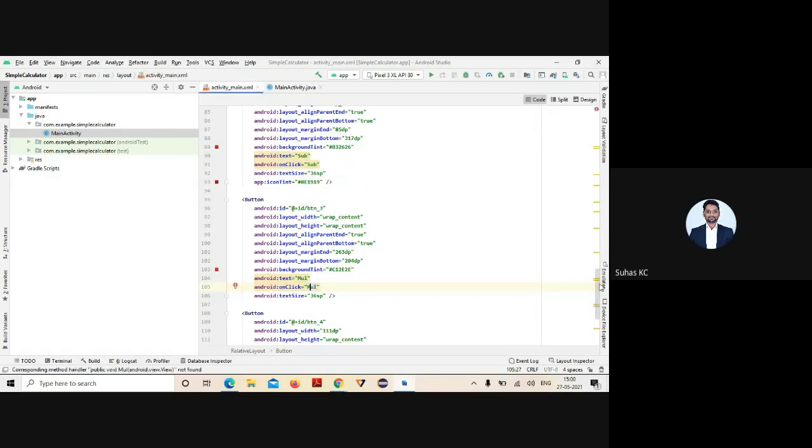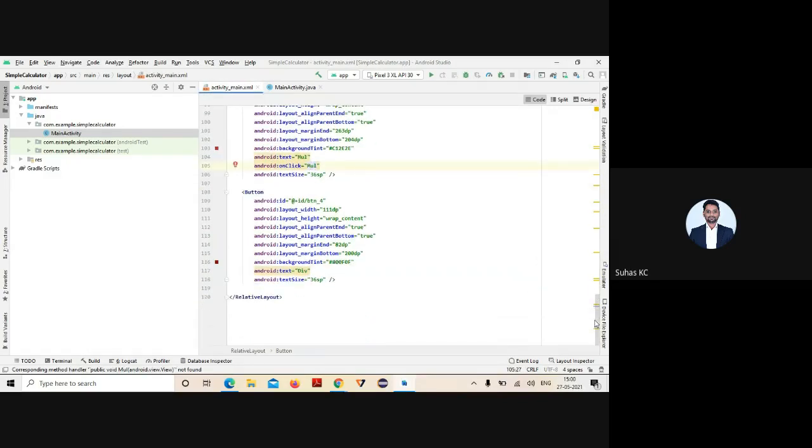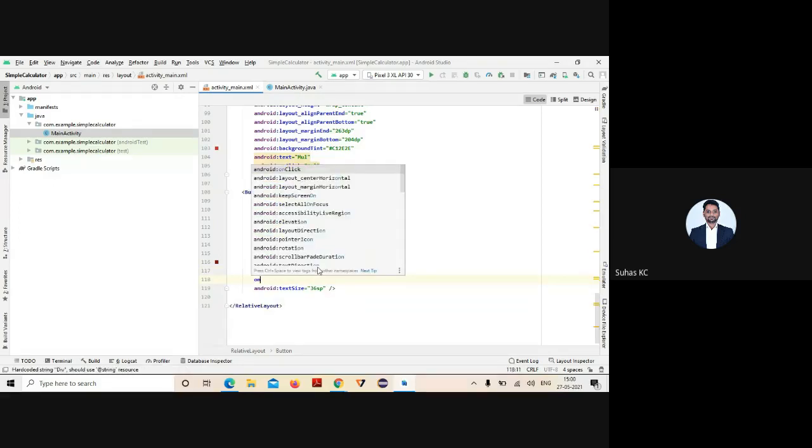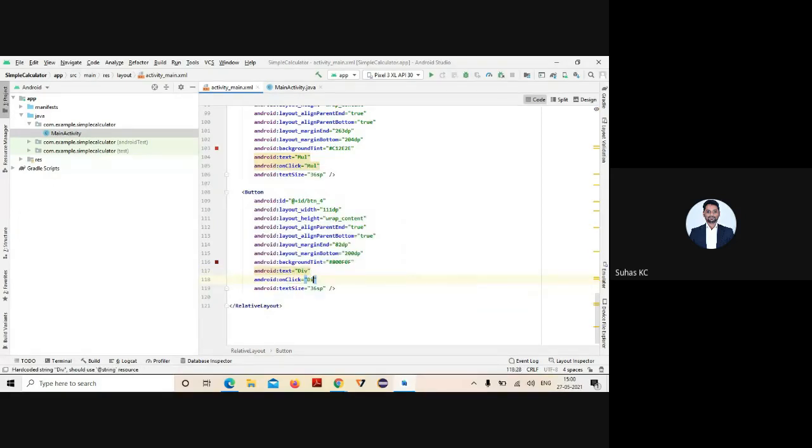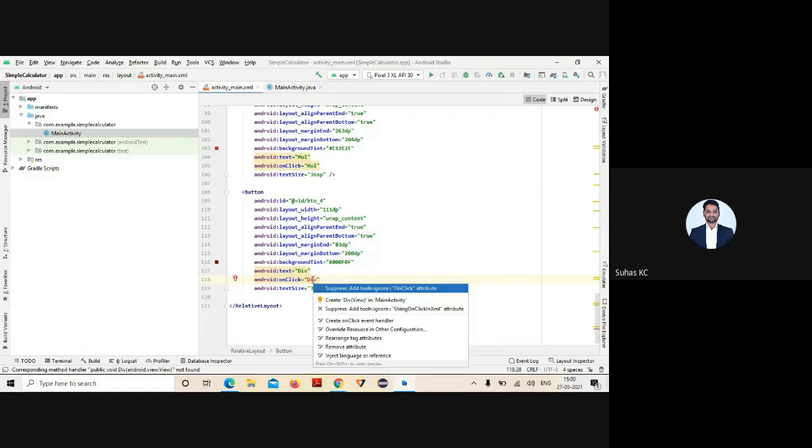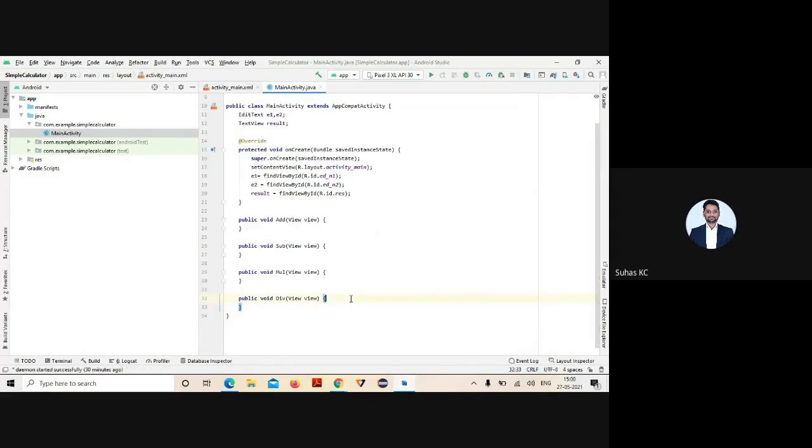The last operation you're performing is division. So just give onClick div, then press Alt plus Enter, create in MainActivity. As soon as I give it, it will come here. That's it, the method is created.